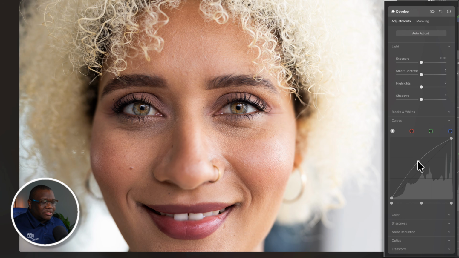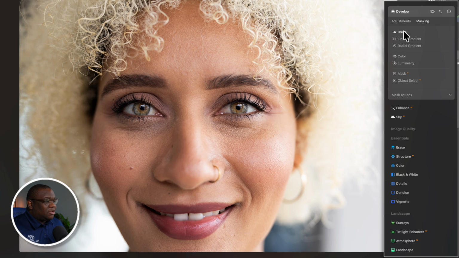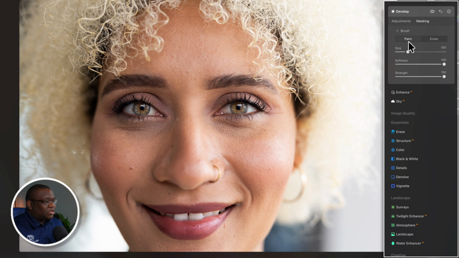Now, in some cases, you may only want to work with the iris and not the pupil, all right? The iris is the part of the eye with all of the color and the part of the eye that is, quite frankly, the most interesting. Well, if that's the only part that you want to work with, then you have to remove the pupil. Inside of Luminar Neo, what you have to do is come back to the masking, and then you'll grab a brush tool. All right. And so when you have the brush, you want to set it to erase,